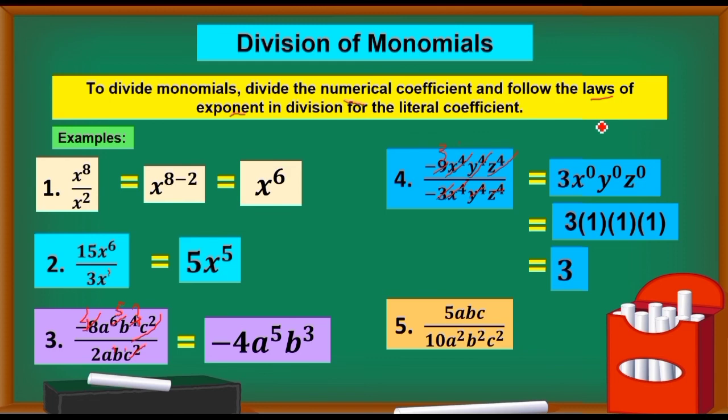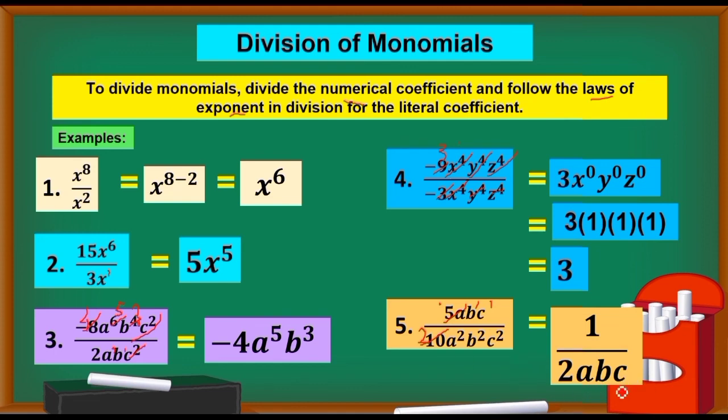And last example is 5abc over 10a squared b squared c squared. So, titingnan ninyo, saan ba mas mataas yung numerical coefficient? Kung saan mas mataas, dun tayo magde-divide. Okay, so makakancel na to. Di-divide natin yung 10 kay 5. So, magiging ito ay 1. Ito naman po ay matitira ay 2. So, since yung a meron sa taas sa numerator natin na tig-1, yung abc, so ibabawas natin. So, magiging 1 over